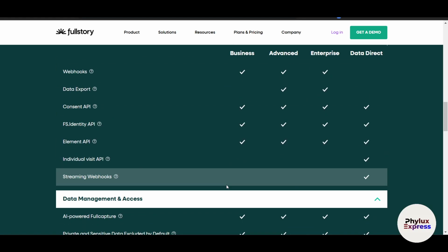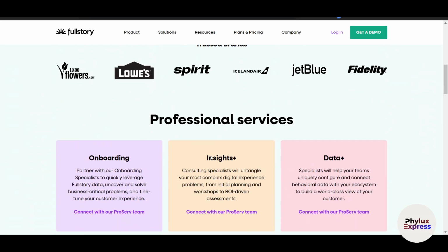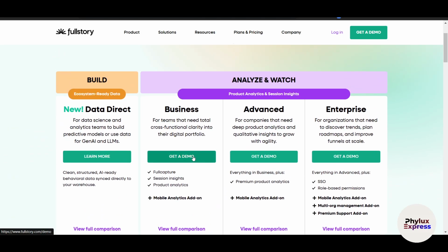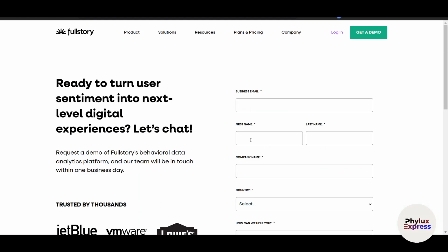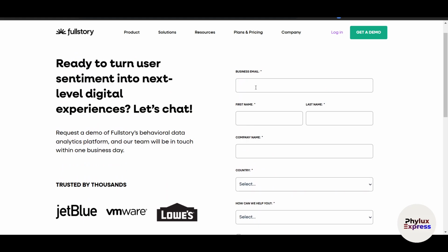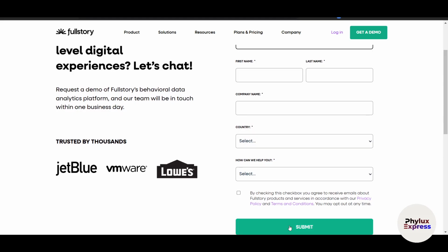will just compare each and every plan. Now you will get to know. So for example, if I like to go with the business one, I will just go use a demo. Now here in the demo part, you have to fill up all this information, for example, the business name, first name, last name, company name, country, and how we can help you, and click